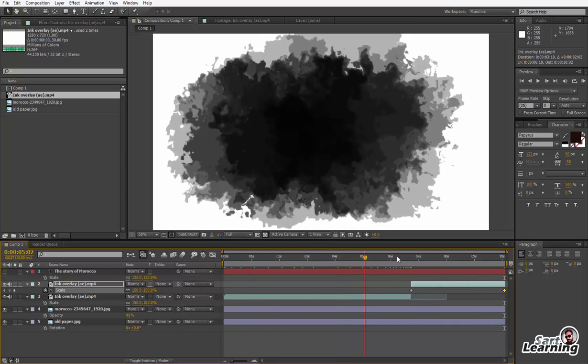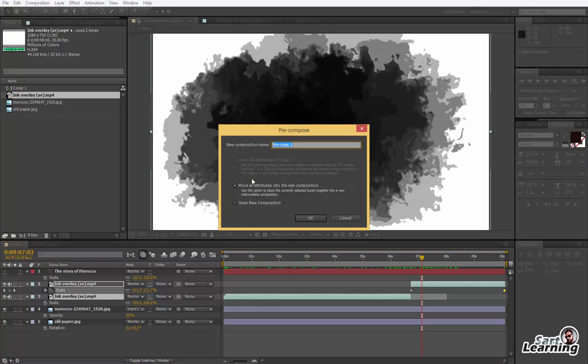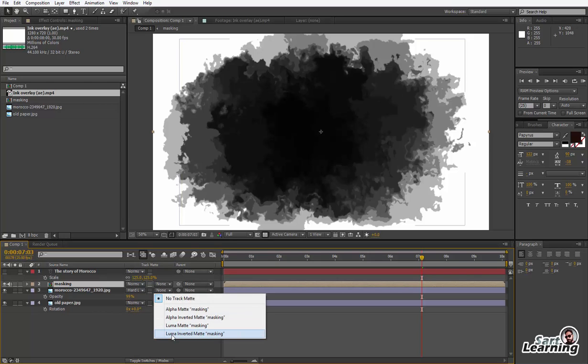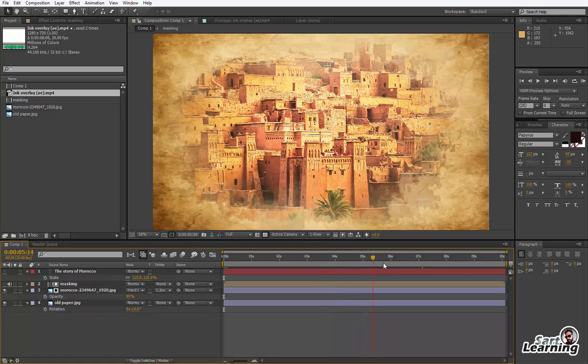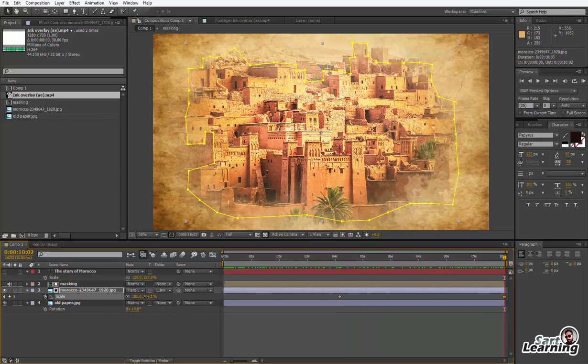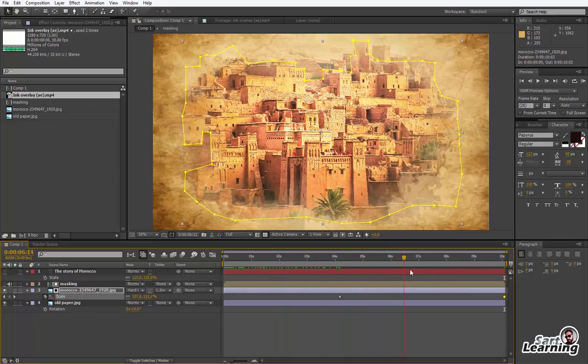Now my background is ready to mask. So just select both the layers and press Shift Ctrl C, merge them. Now this is the mask area. So I use track matte with Luma key of background. Now my image is revealed according to the black and white mask, but in the end part my image is going to still, so I just animate the scale to show more realistic. So I just decrease the amount of scaling of the image so it looks more realistic.